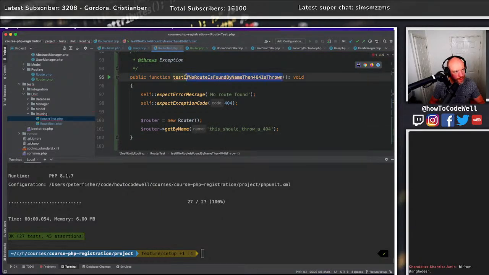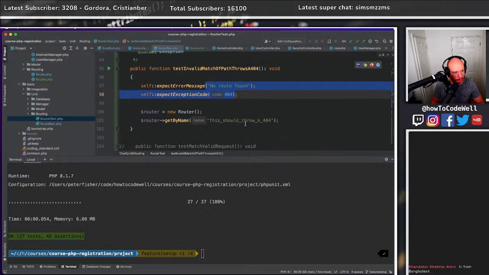So we'll do the unhappy path first. So test match, test invalid path. Now this should throw a 404. Test invalid match of path throws 404. Okay, so we have that should be thrown, and what we need to do is say, well, we've got